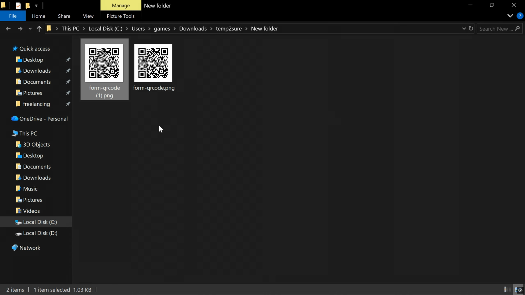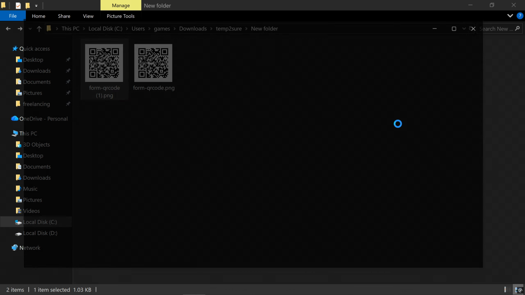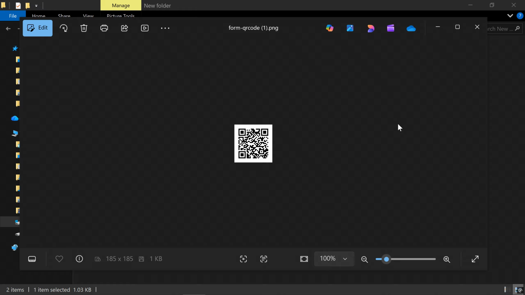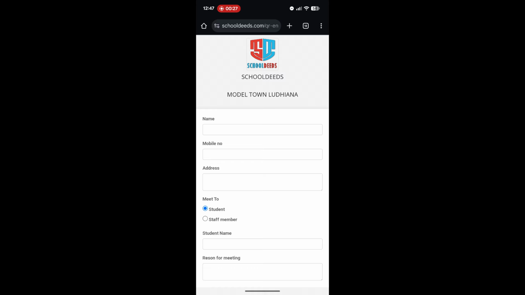I already had downloaded one of them, so now there are two. What we have to do is print this QR code on a piece of paper and put it on the gate of the school. Now what will happen when they scan this code with their phone? Let's just get to a phone and see. After scanning the QR code which is put on the gate of the school, the visitor will land